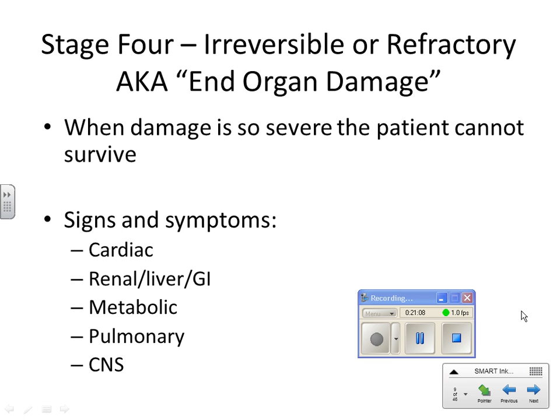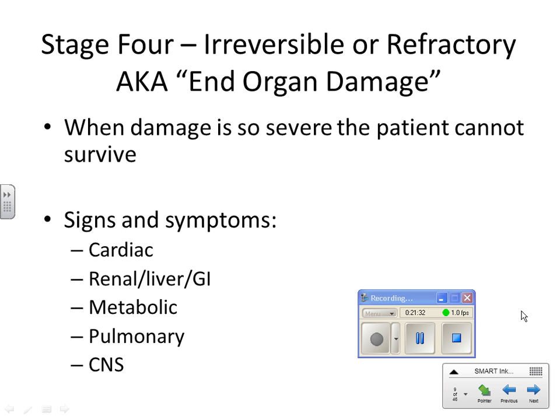Again, it's very fluid as patients go through these stages. It's not like you've got one line here, they're in the compensatory or non-compensatory, and then they're into the refractory or irreversible. It ebbs and flows, and it can go very quickly with some patients, in the space of an hour, and in some patients it can take days, depending on how well they can compensate.